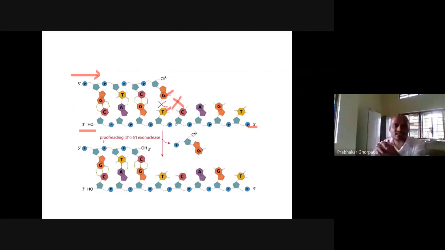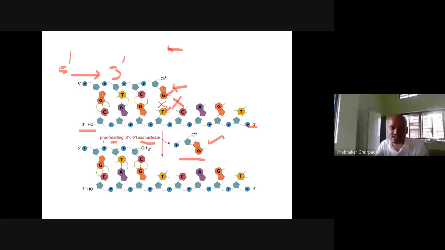So what happens when mistakes happen in our DNA replication process? There is again a proofreading function of exonuclease, that is 3' to 5'. Normally this goes in the 5' to 3' direction, but when the enzyme with exonuclease proofreading activity is there, it says, okay, a mistake has happened here, let's go backward. So it is correcting its mistake, going backward. It is acting in this direction, removing this G. So this exonuclease proofreading activity has removed the G.